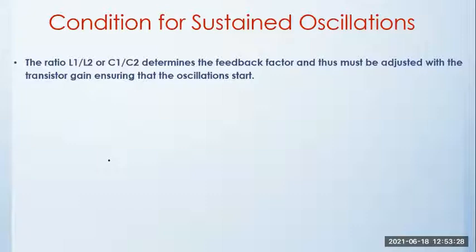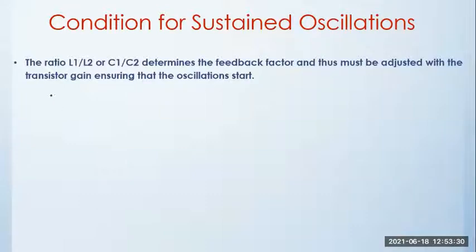And the frequency is 1 by 2 pi RC root 6. Whereas in LC oscillators, the frequency is given as 1 over 2 pi root LC. If it is Colpitts, you will have C equivalent, where C equivalent is C1 C2 by C1 plus C2. If it is Hartley, you will have L equivalent into C, where L equivalent is L1 plus L2, the series combination of two inductors.